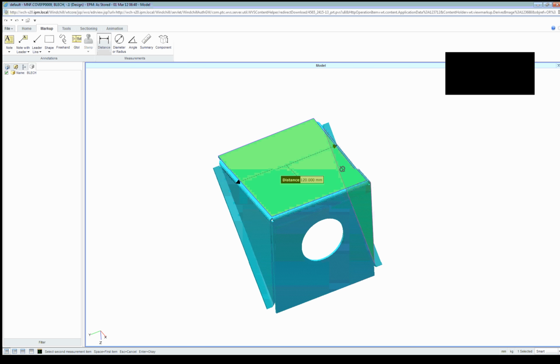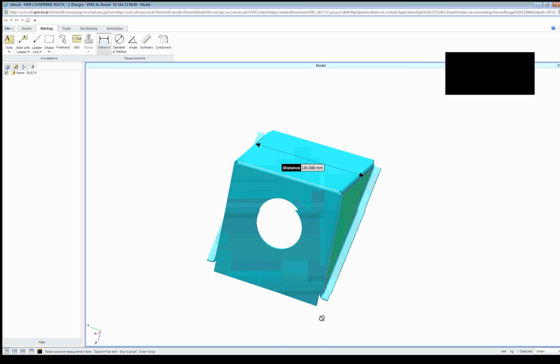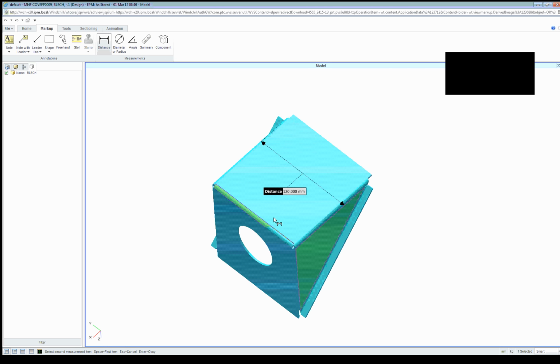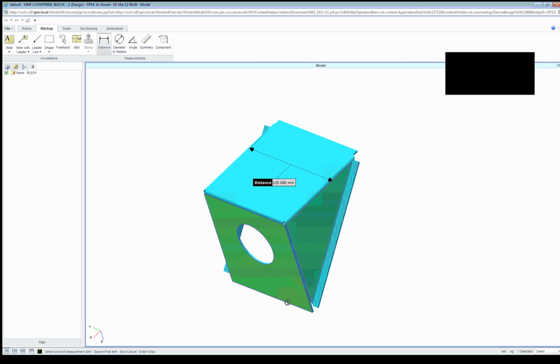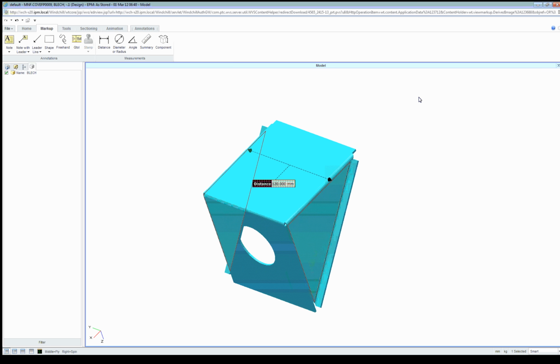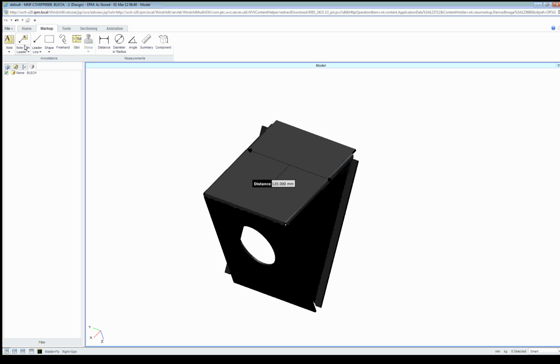So the users who don't have a native CAD tool, or the other users, can investigate or perform the measures on the models, and of course